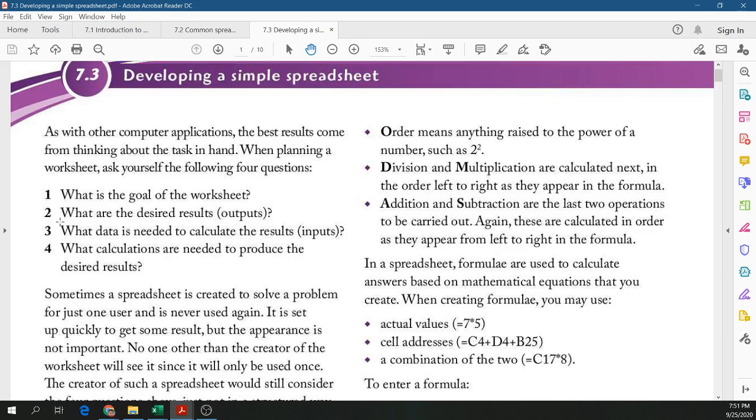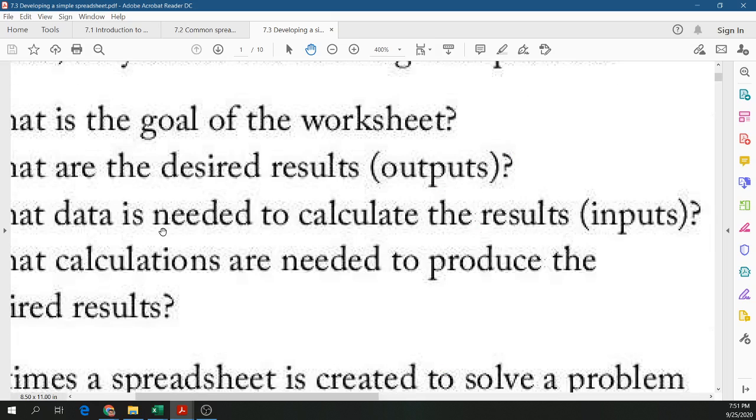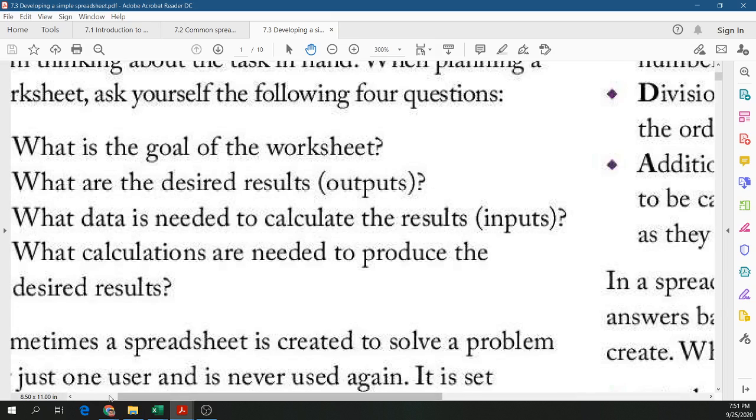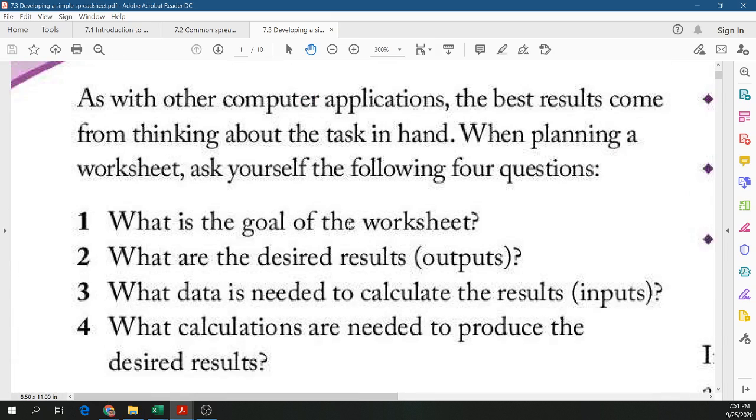All right, pause there. Basically, when you are designing a spreadsheet, at times you might be designing it for yourself or you might be designing it for someone. When we say designing it, what we mean is that we're creating a spreadsheet to put in data. So for instance,